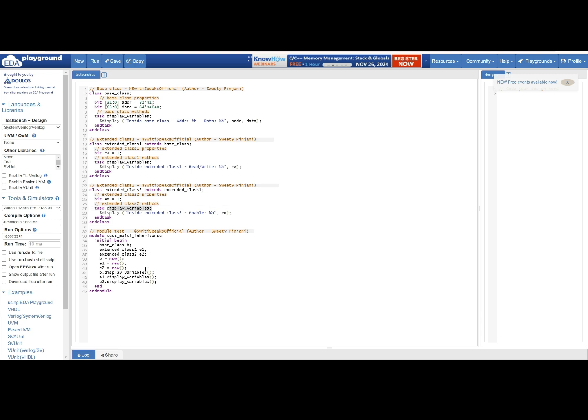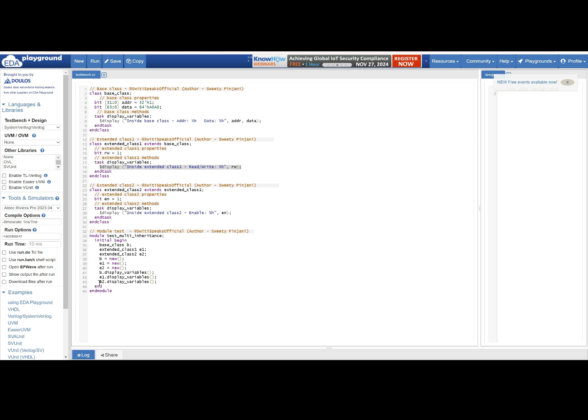Which method will be called? How will you know? It is simple. It will depend on the type of handle. If you are calling b dot display variables, b handle is for base class. It means it will call this base class display method. If you use e1 dot display variables, e1 is the handle of extended class 1. It will call the extended class 1 display variables method.